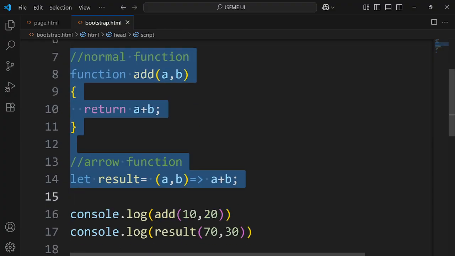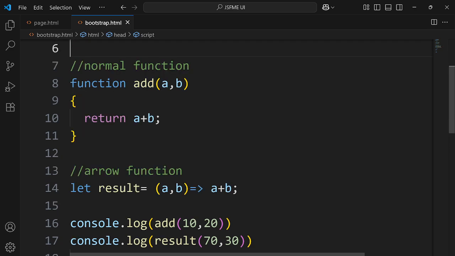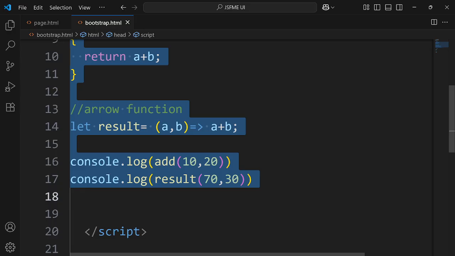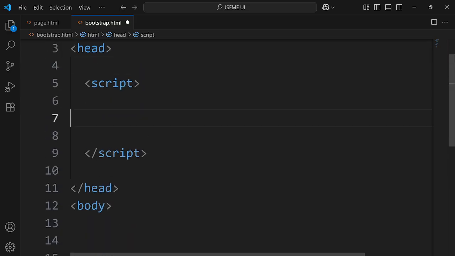So this was the syntax I used for an arrow function. What you can actually do is create even shorter arrow functions by skipping even these things that are given in here. Okay, so let's see how we do it. Let me just clean up everything that I have written here and create a very simple function. Maybe I'd like to create a function that squares the given number. So let's create let